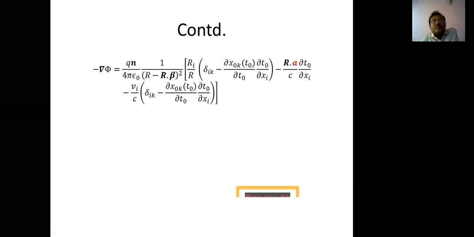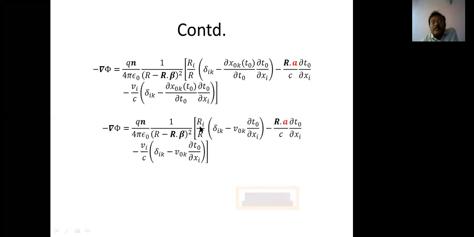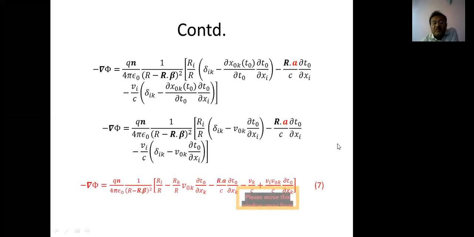Look here, delta ik is there, delta ik is here, and this ∂x₀k by ∂t₀ can be replaced by v₀k, and similarly ∂x₀k by ∂t₀ can be expressed as v₀k. So next step, here it is v₀k and this is v₀k, and the delta function can be